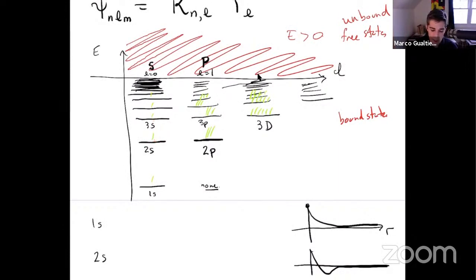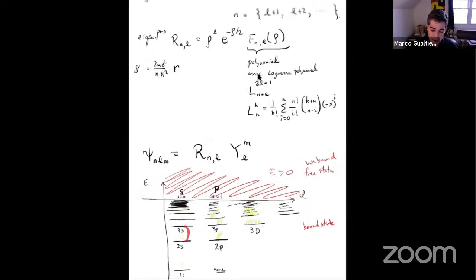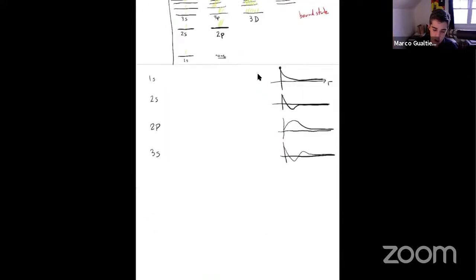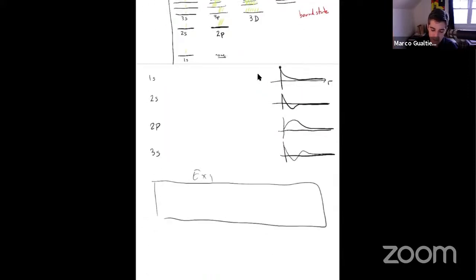If it does release a photon, and if it goes down one energy level, then the energy of that photon would be fixed. That fixed energy would be the difference of the energy levels here. And so when you draw the experimental spectrum